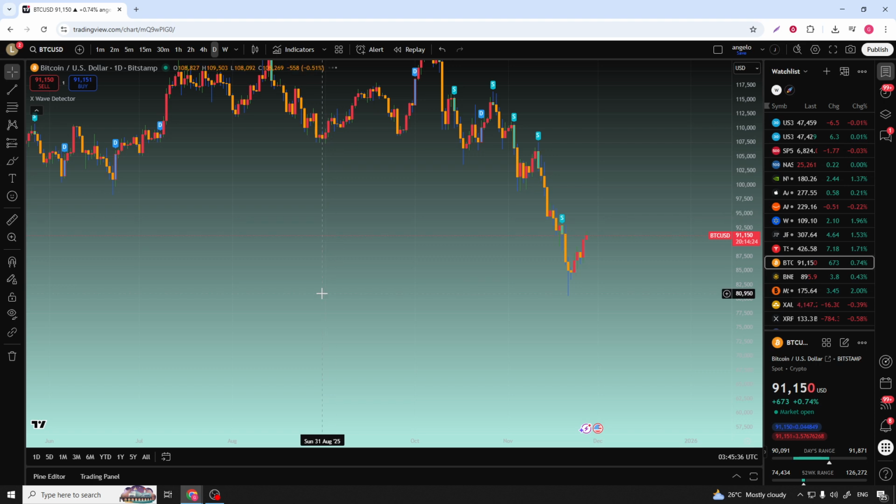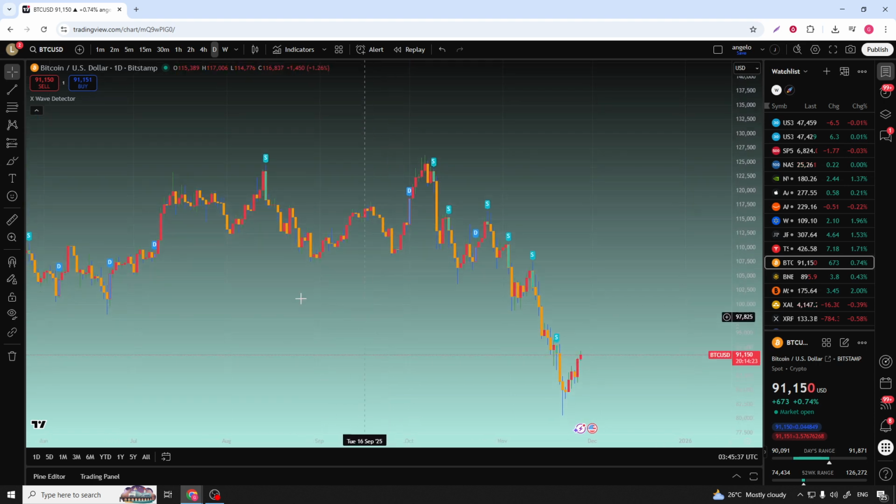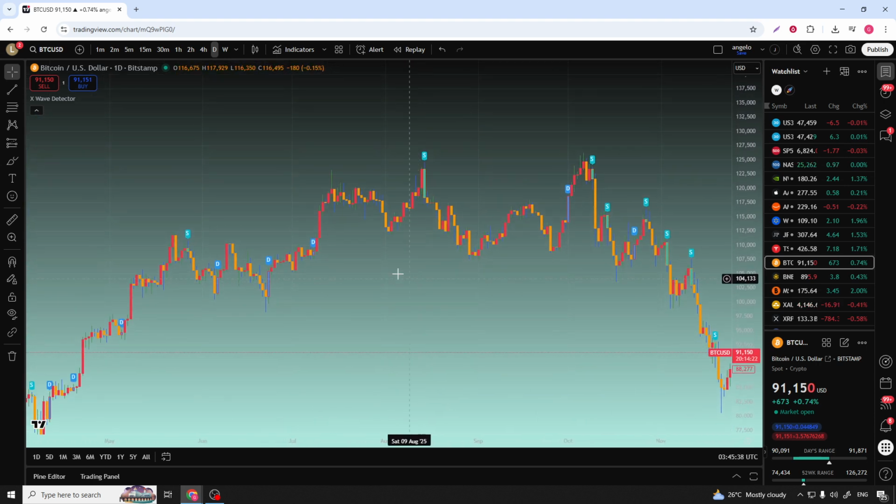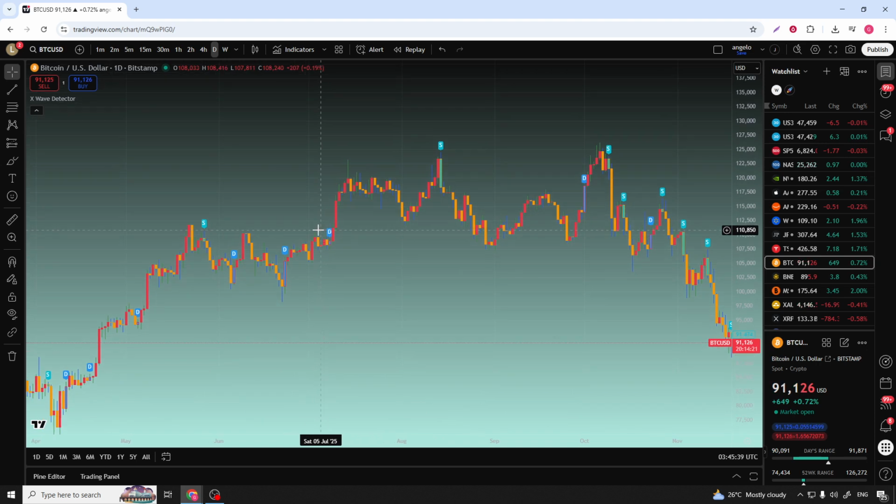And that's all there is to it. Open indicators, click on the search box, look for X Wave Detector, add it to your chart, and, if you'd